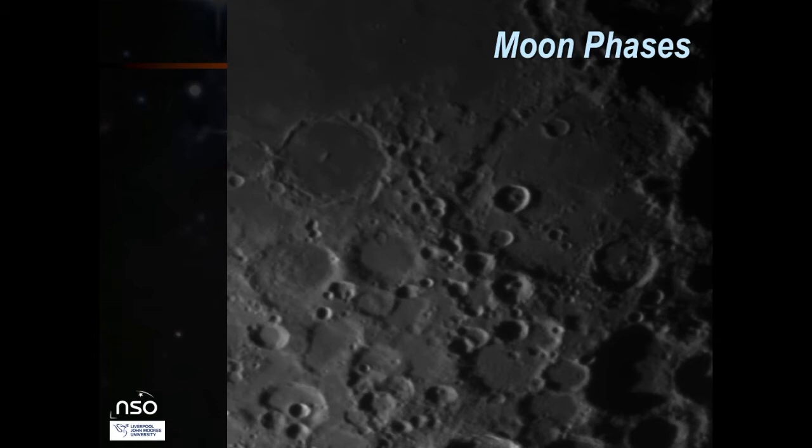In this case, the rays have disappeared, but there are many more craters, and so that's the kind of feature you're looking for. Now, we can't observe the entire moon in one go with this telescope. It's a research telescope. It's focused on detail rather than large images. But if you choose a particular part of the moon, you can follow that night after night, week after week, even month after month, and see these changes. So that's what you want your students to do. You want them to choose their personal parts of the moon and really look at how the changes in the lunar phase affect that part.